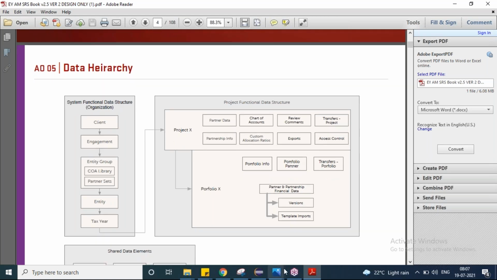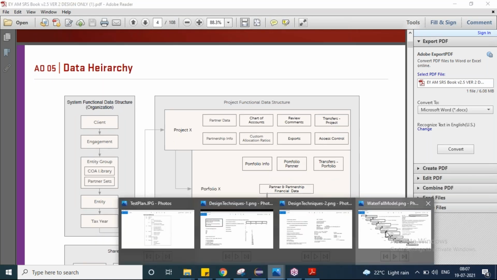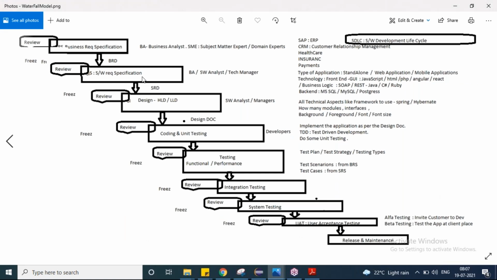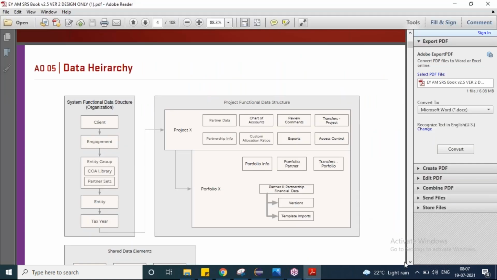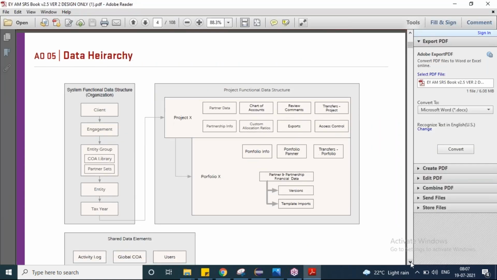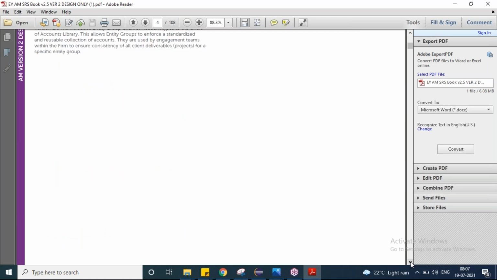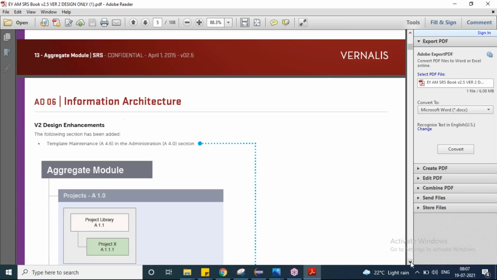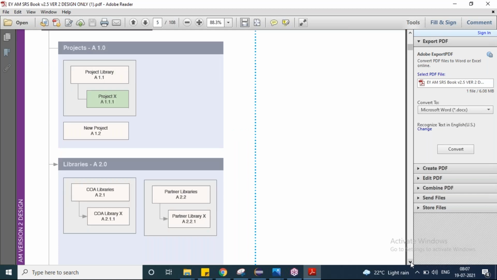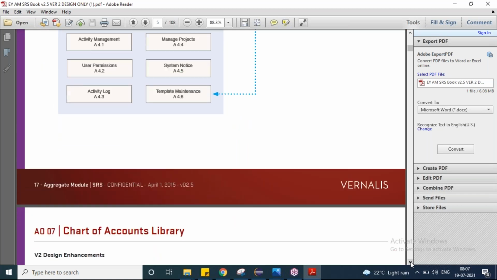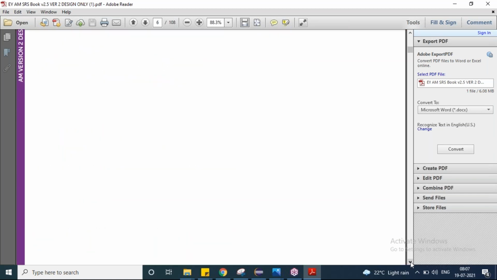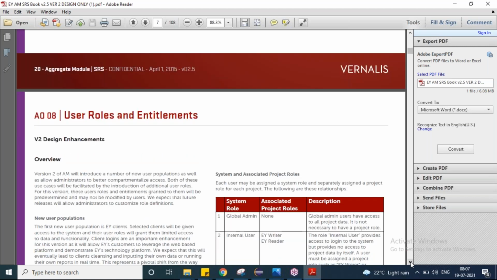I'm showing this diagram to tell you that there will be a document called the software requirement specification document. How can you realize it? How can you correlate, and how do you know how it will be in real time? So I'm showing you how the software requirement specification document will look. I will take one particular page and we will read it, and see exactly what they write in a software requirement specification document. I'll take one page that will be easy for you to understand.